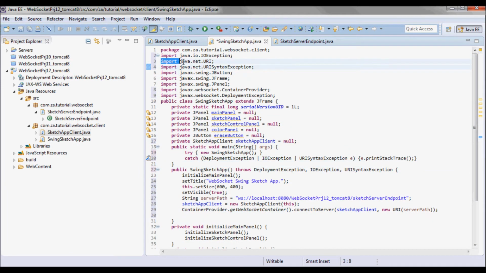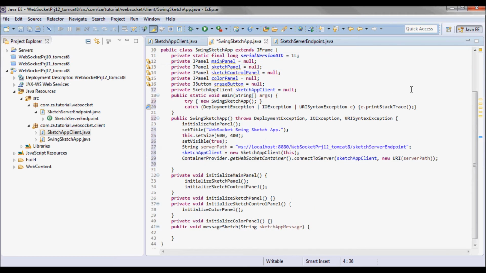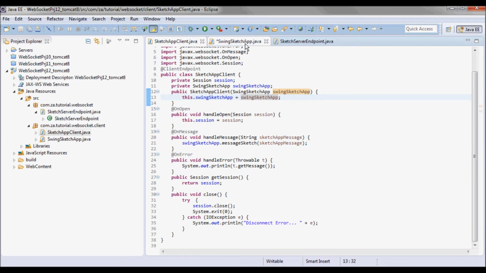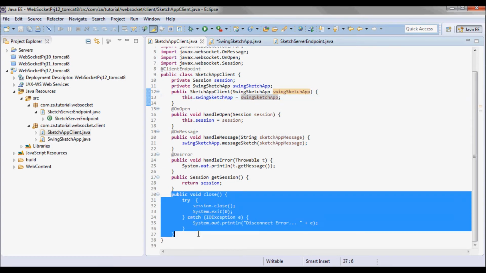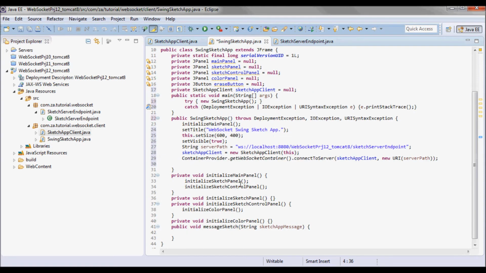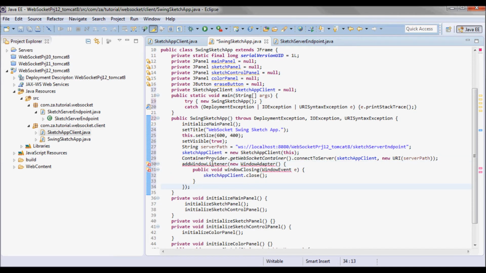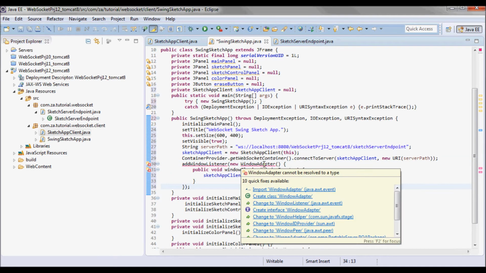And this is what we imported. And when closing the window, I need to call close on this sketch app client. Need to call this method. So let's do this over here. Let's add a window listener.